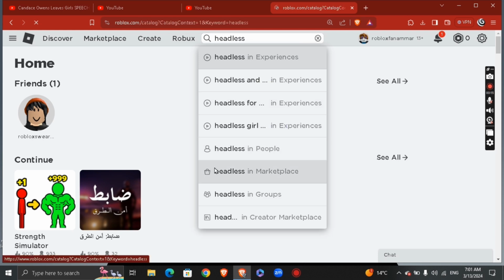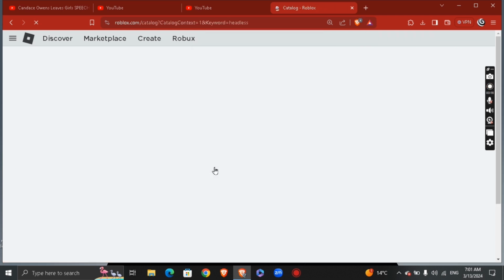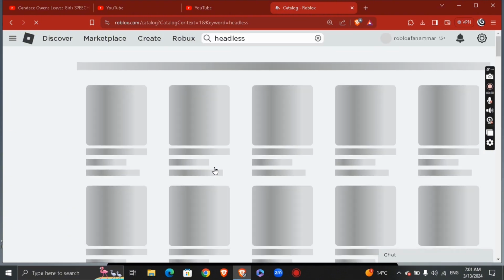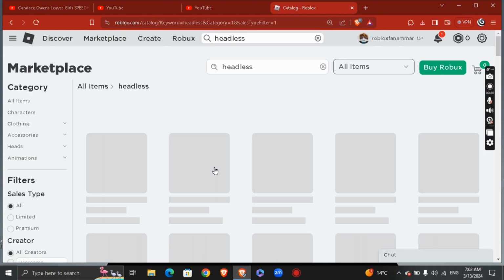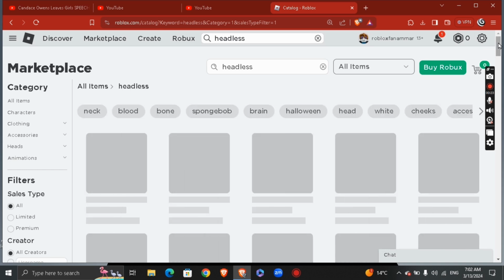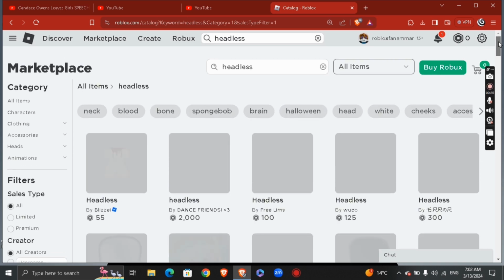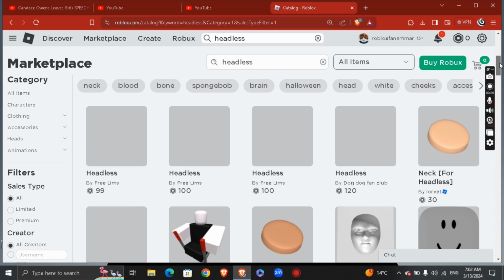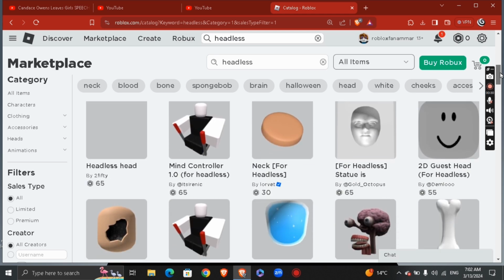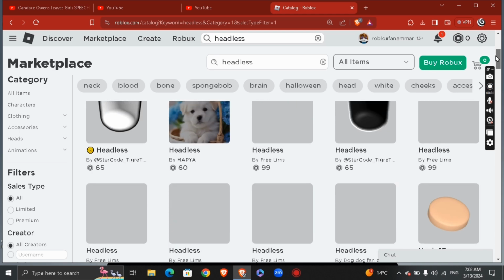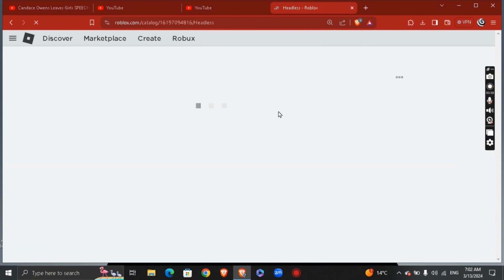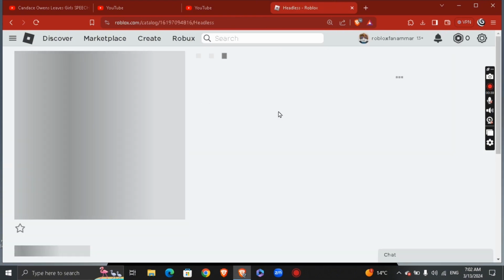In the marketplace you're gonna see a lot of shapes and ways to customize your own headless picture or avatar for your Roblox. And as you can see right here, you can buy whatever you want for your avatar, and you can see it for 99 Roblox currency, right? And you can see something just like this one, and just go ahead and buy it